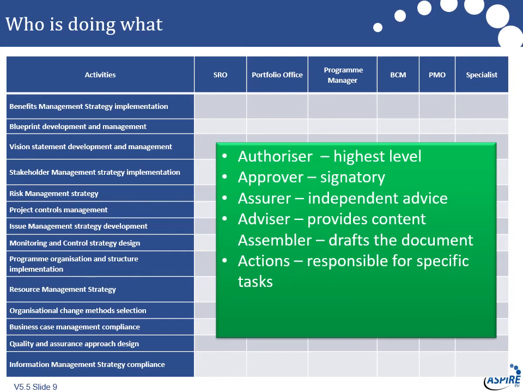And then you've got the role of the assurer. They're providing independent advice. Now, if I just think about the RACI model, both authorizer and approver could be accountable. If you're looking at it purely through the RACI model, you can't have that. But you can have it if you devolve it a little bit into this kind of thing. So the assurer provides independent advice. You may or may not choose to take that advice, but you would be wise to take it and certainly not wise to completely ignore it.